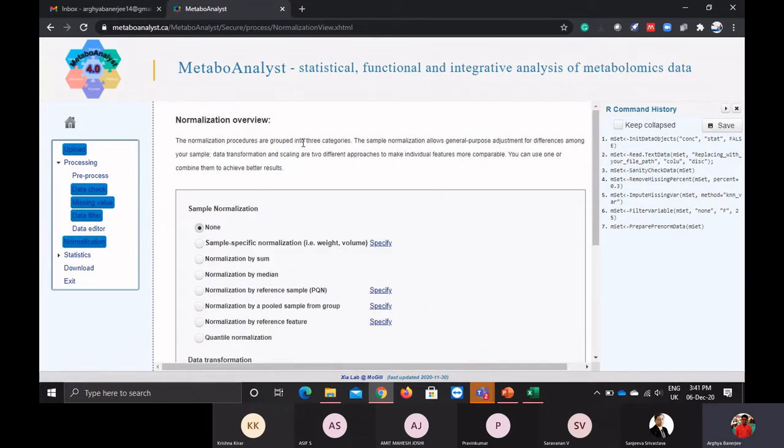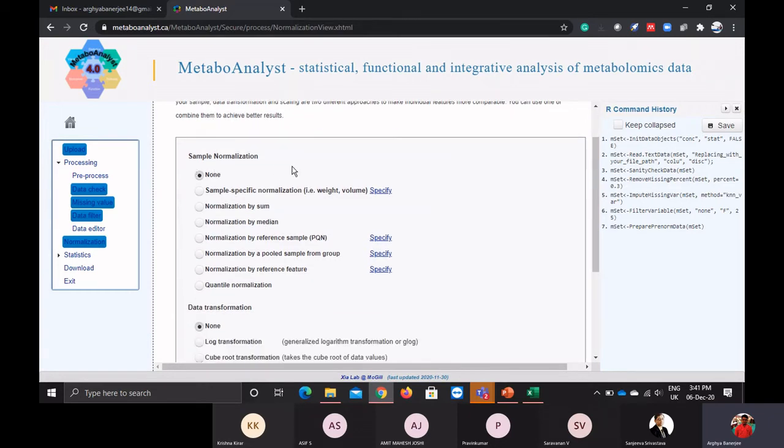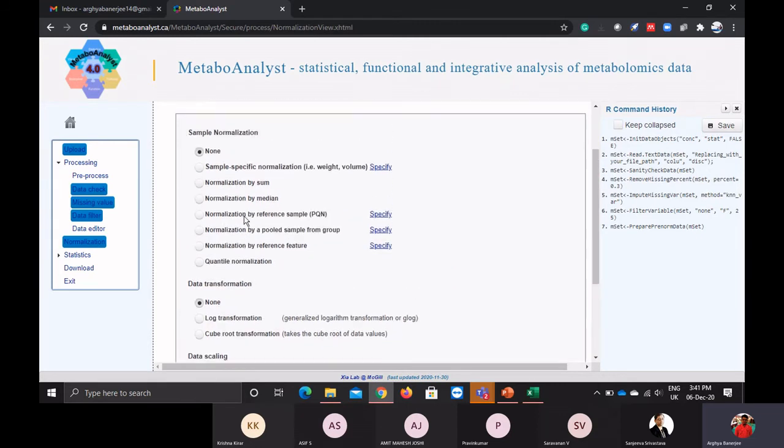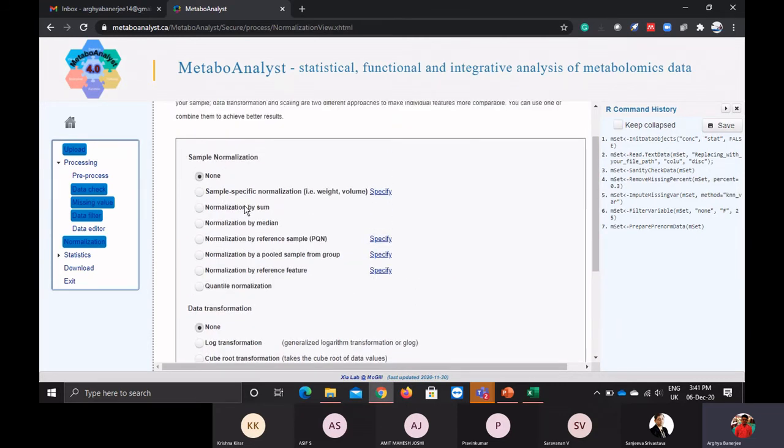Yeah, so now these are the normalization options I have talked about. You will have a sample normalization, a data transformation, and a data scaling. Generally, I told you median normalization is one of the best, but if you have any internal standard, like in an NMR experiment, you can use that.